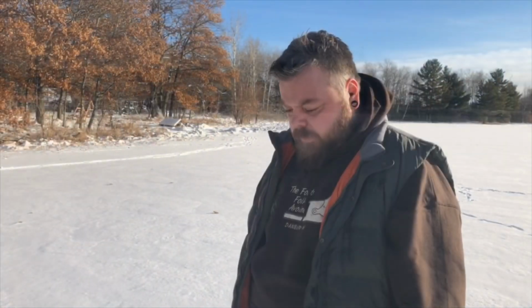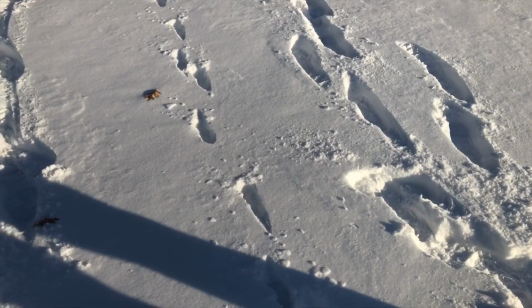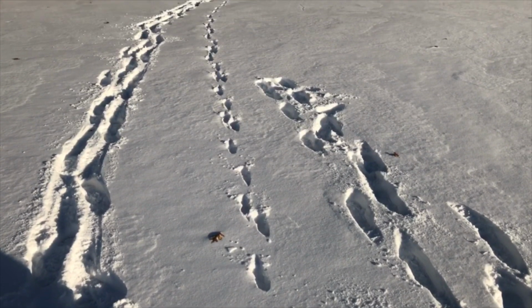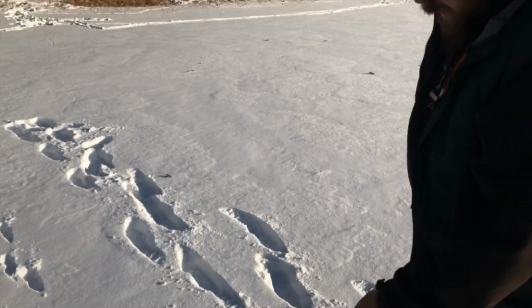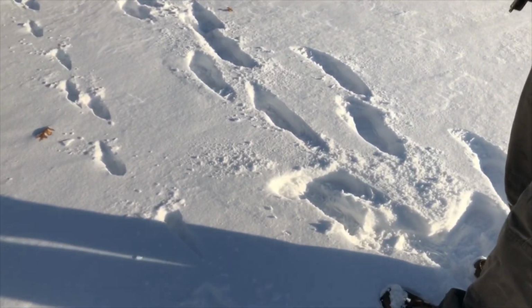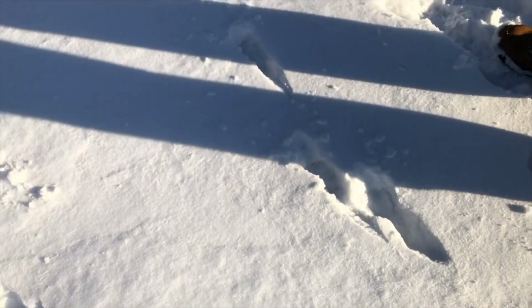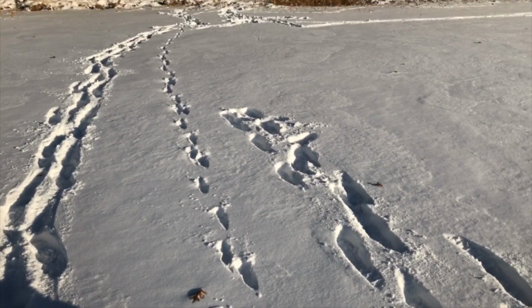As we look at the gait pattern here, we start to see some direct registering, but it's clearly not a walking deer where the rear foot is following into the track of the front foot. You can see some variation, which leads me to believe this is a side trot. You can see the 4 steps of the pattern are irregular, and they're all pointing forward with a slight cant to the right. So I'm going to say that this is a side trot of a coyote